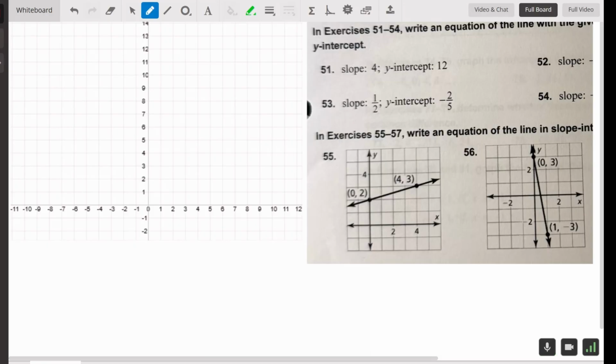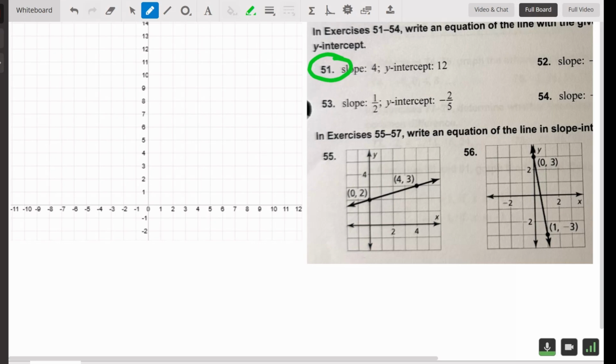Okay, Lila, we are going to do a couple problems. Actually, we're going to try to do four problems at the bottom of the first page that you had sent me, Chapter 4, Cumulative Review. First, we're going to start with problem number 51 here. Problem number 51, actually 51 through 54, says we're going to write an equation of the line given that we